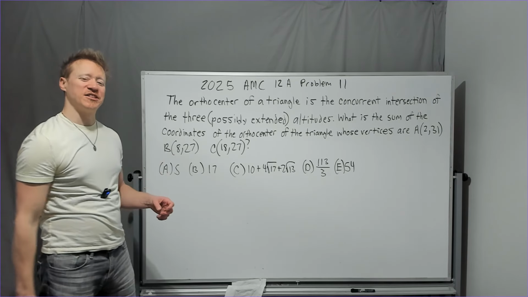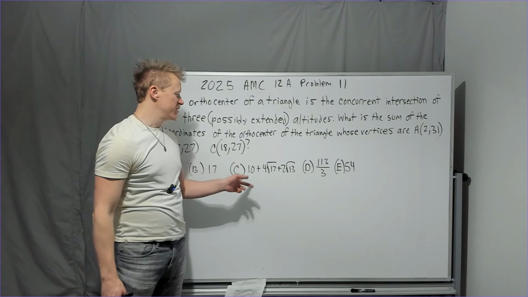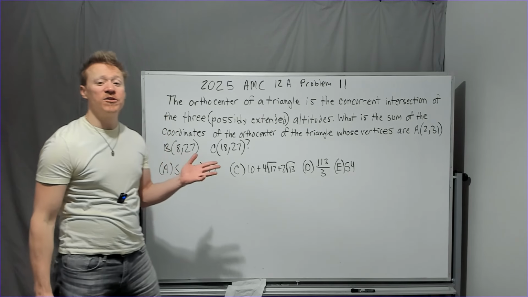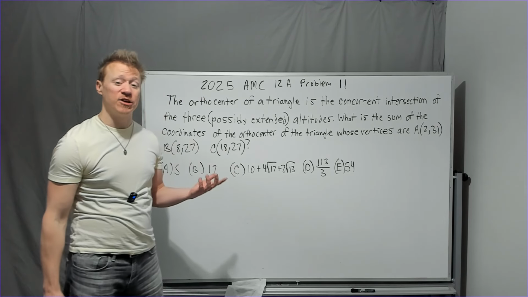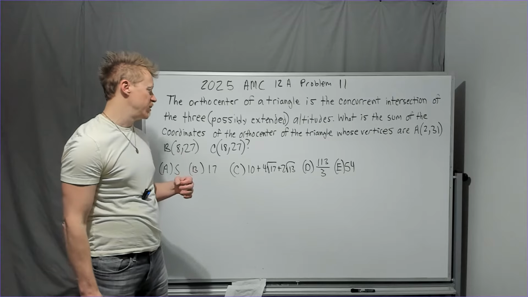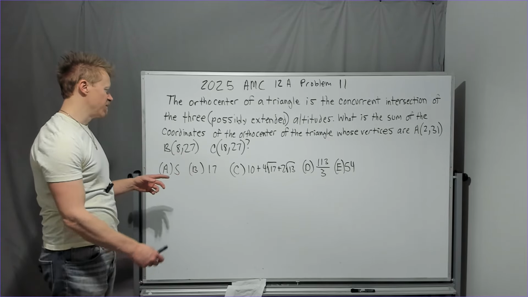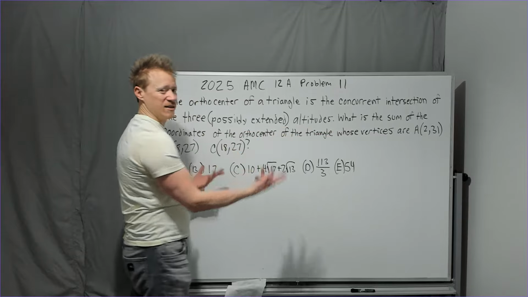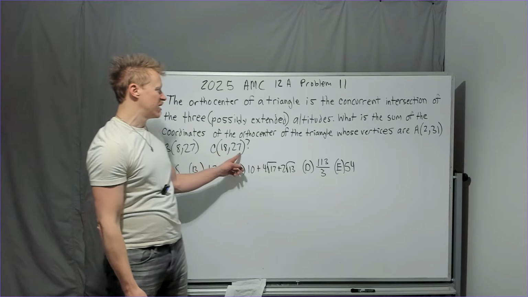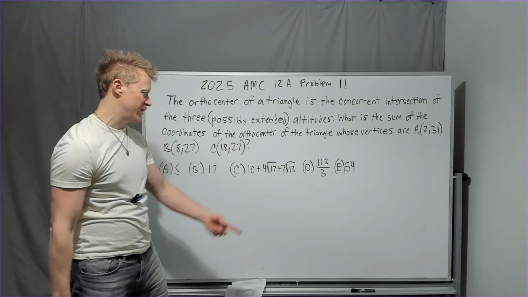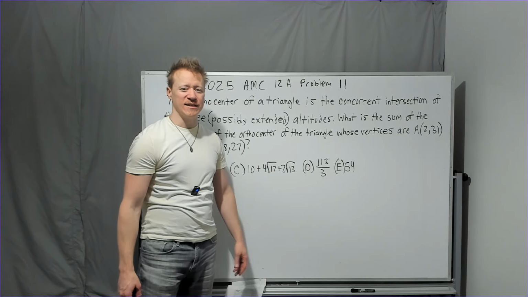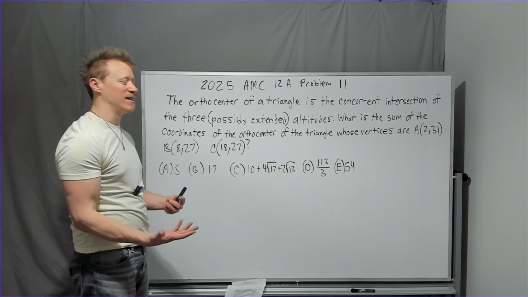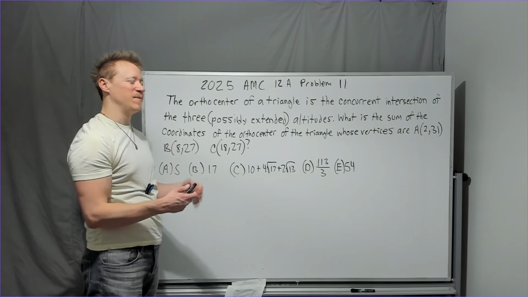By the way, I just noticed as I was writing the problem, I wondered where some of the other trap answers came from. You might know the property of the centroid is the average of the coordinates. That's one of the centroid properties. Probably write that in your small notebook. If you were to add 8, 18, and 2 and divide it by 3, and add 27, 27, and 31 and divide it by 3, you would get 113 over 3. So kind of fun. I wonder how many people knew that concept and got it twisted or mixed up with